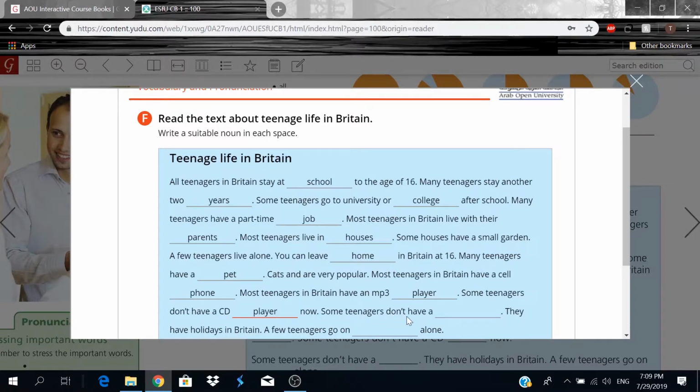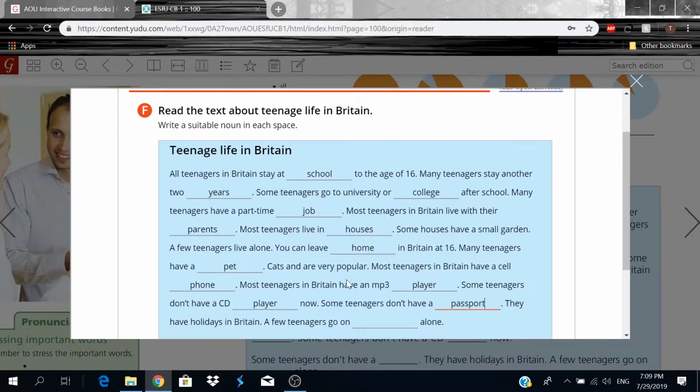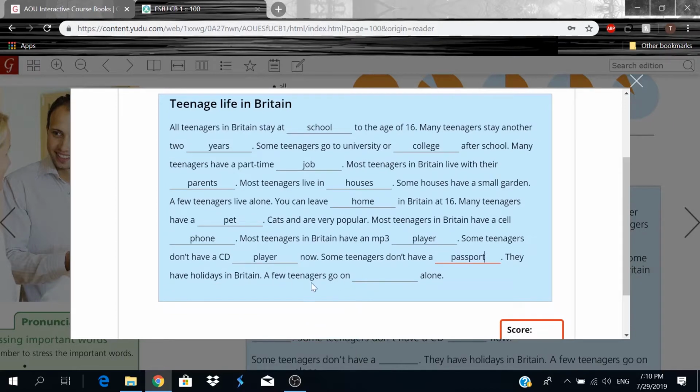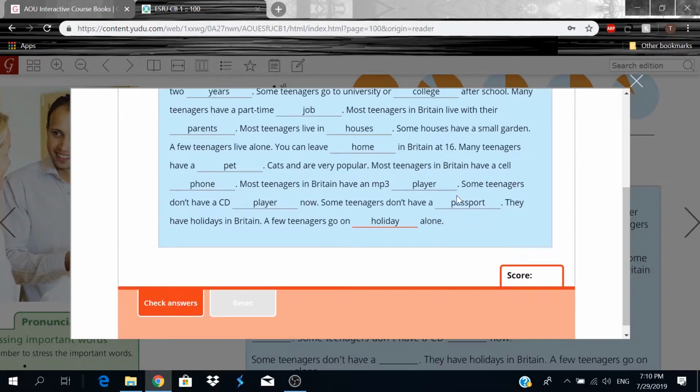Some teenagers don't have a CD player now. Now as in, it's kind of old. Okay? So some teenagers don't have a passport. And I find that strange, honestly. Some teenagers don't have a passport. They have holidays in Britain. A few teenagers go on holiday alone. They are really undermining teenagers, huh? Anyway,